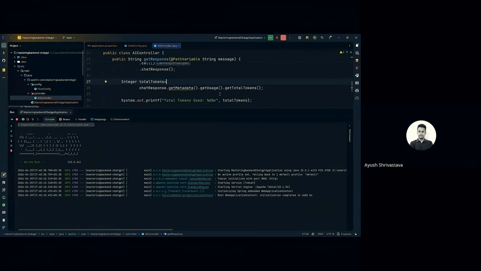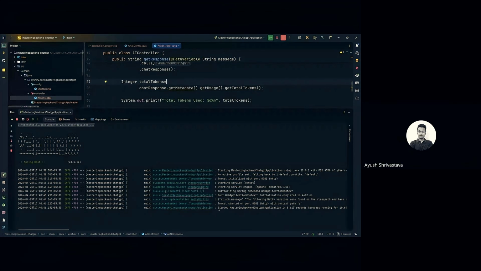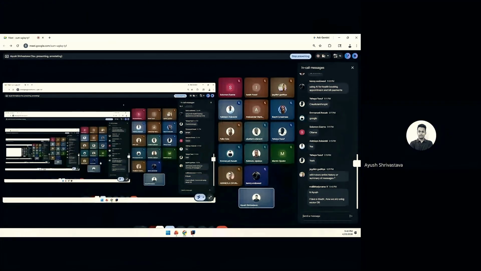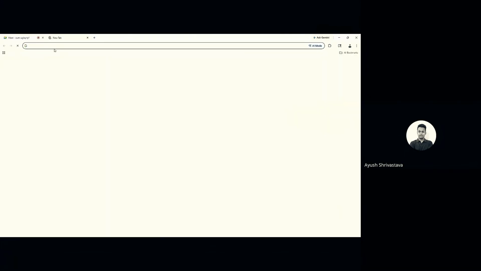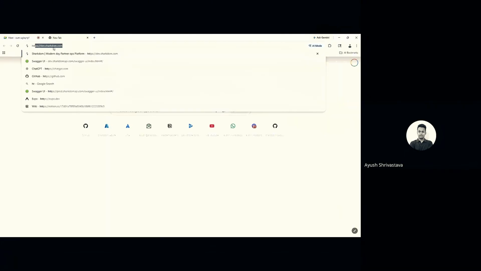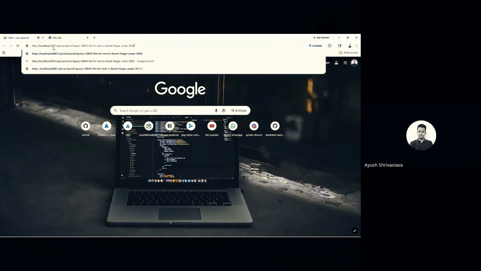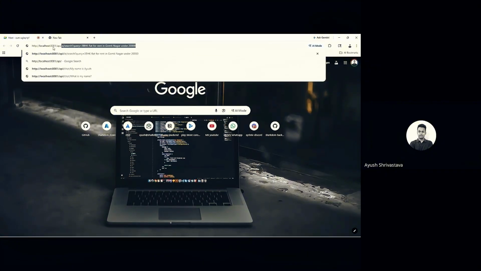If there is no mistake in the code, then it is running successfully and showing something like "started mastering backend application." Okay. Which port is it running on? The running port is 8081. Now come here, open a new window, and then the HTTP server name is this, slash API slash